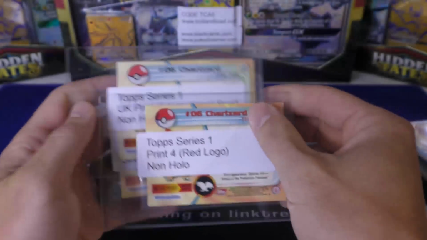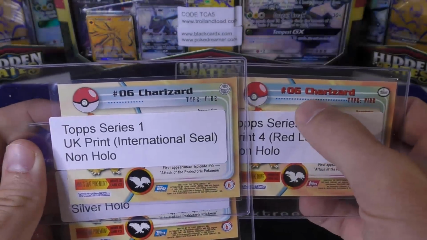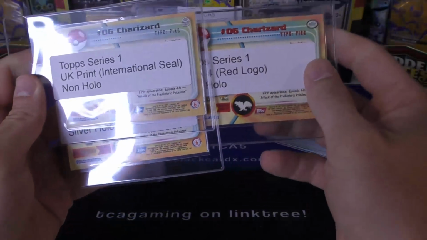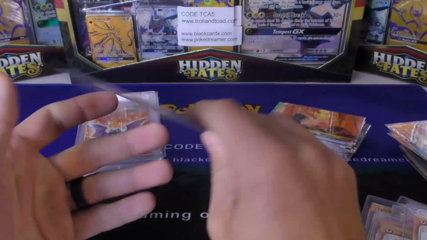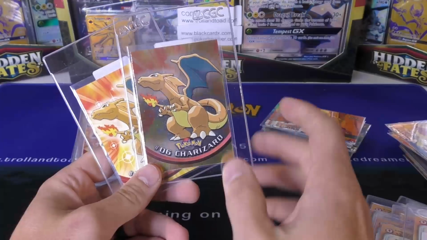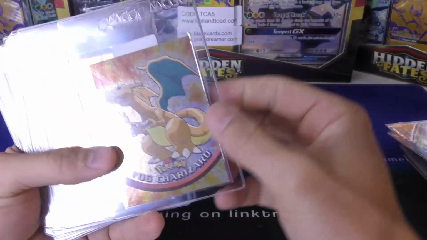And something more obvious is the actual print itself. You see where 06 Charizard is in black. The writing's in black. There's less of those blue dots. And there's a few other things like that behind the sticker that you can tell, but these are usually pretty easy to tell apart. And the one that I don't have is, like I mentioned briefly a few times,